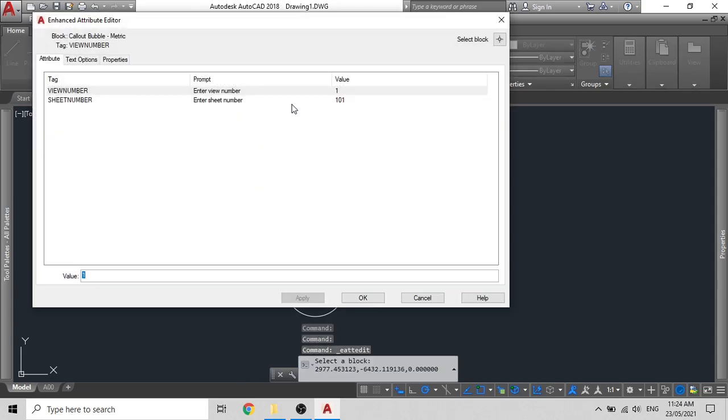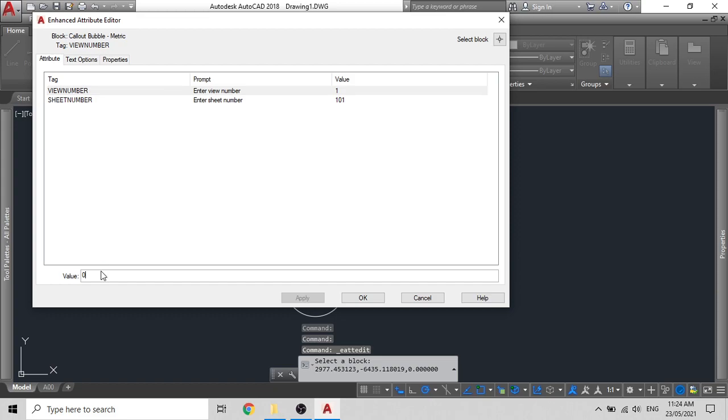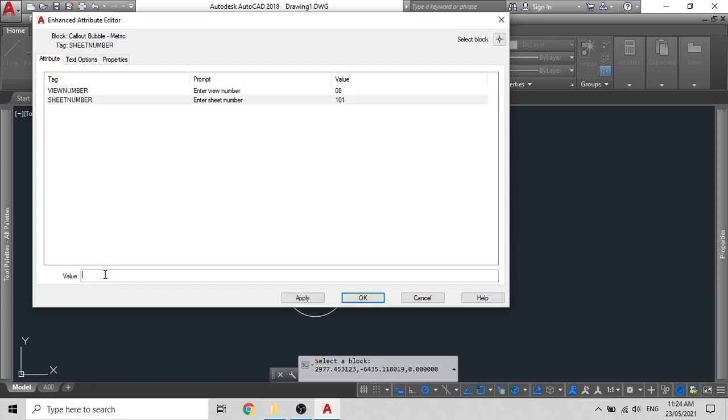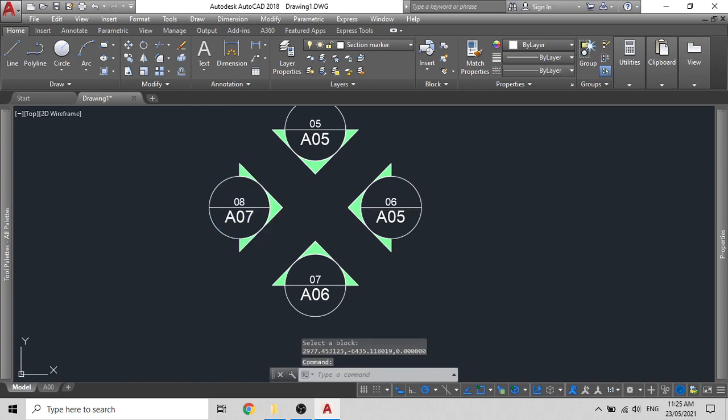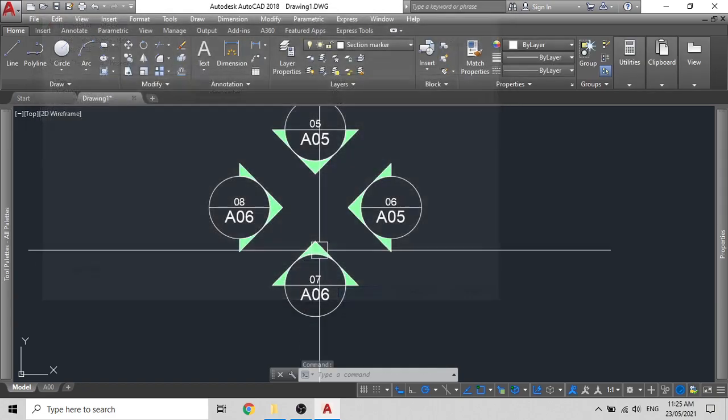And similarly for the last one, we will do an 08, and then we'll write here A07. Or I made a mistake there. We can call this an A06. A06, click on apply, and click on OK.